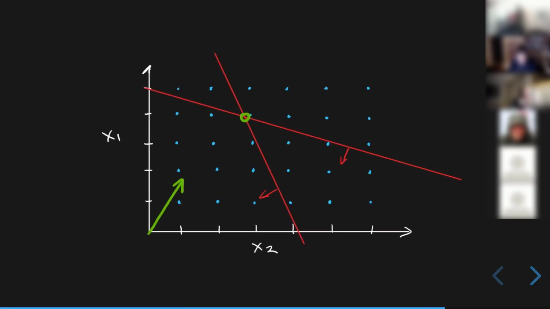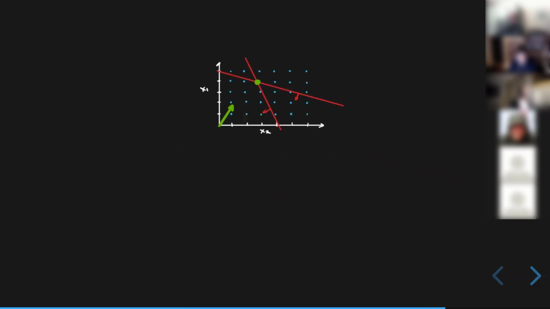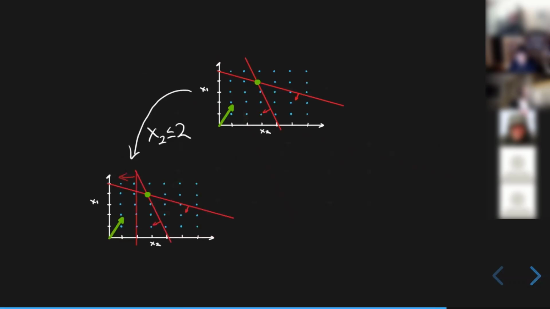Another technique would be, let's take that problem again, and let's create two sub-problems, right? And on one sub-problem, we're going to add a constraint saying x2 has to be less than or equal to 2. We're going to add that constraint. We've cut off a portion of it, and we solve again, and in this case, we land on a point. Sorry, the illustration's a little funky, but trust me, it landed on a point.